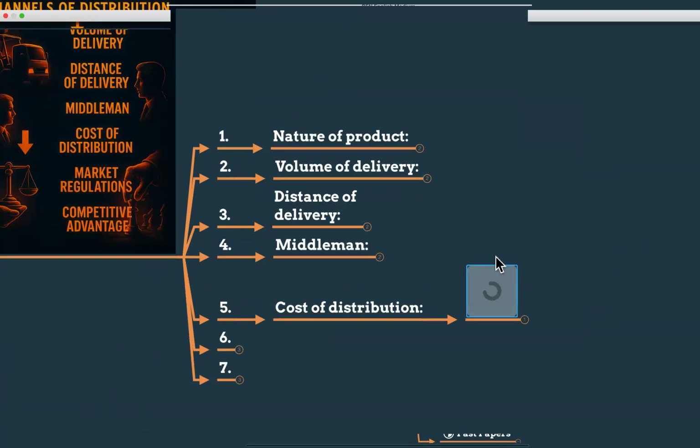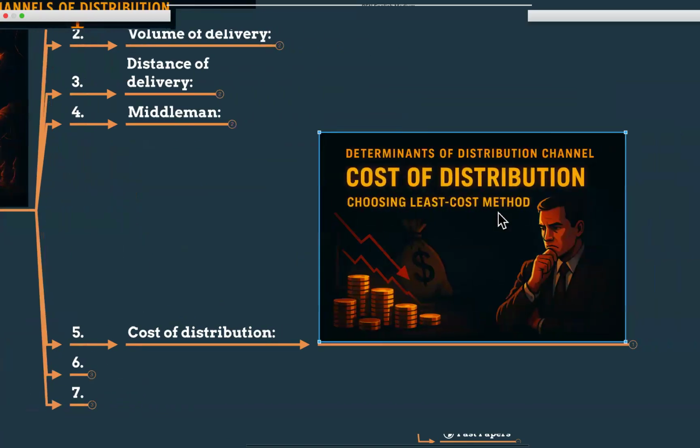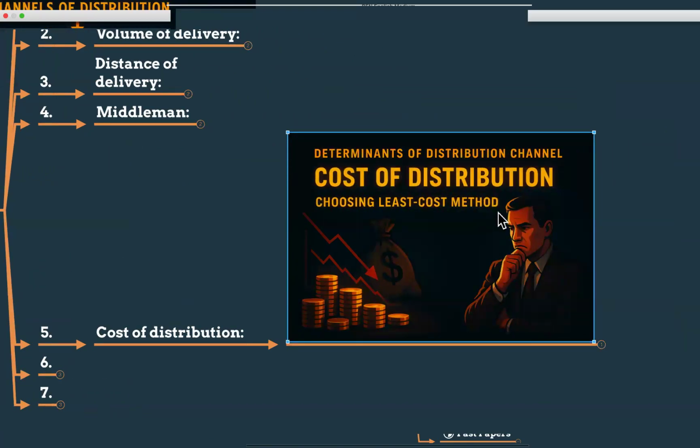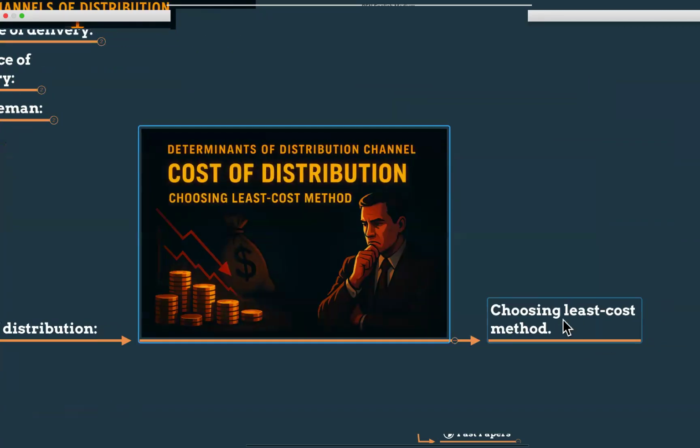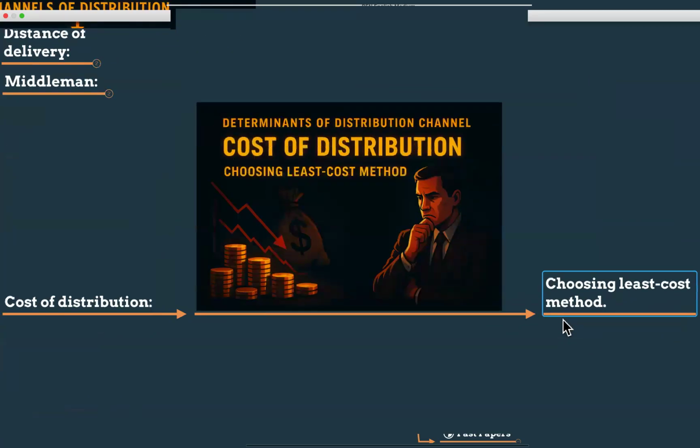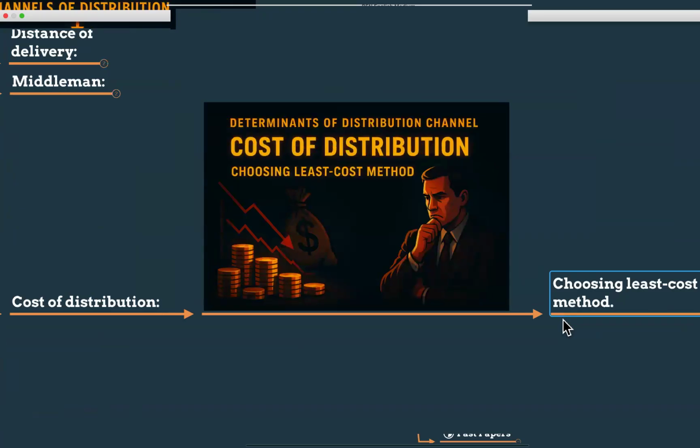We cannot afford all the methods, because with every middleman we pass through, there is a cost, right? So we have to choose the least cost method to maximize our profit. Choosing the most economical method is very important. Sometimes direct distribution may seem cheaper, but it has some hidden cost, such as your time, since you can't get involved in expanding your business. You have to calculate the total cost, not only the distribution cost, right?